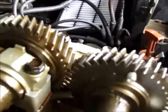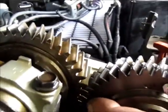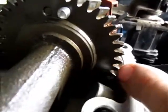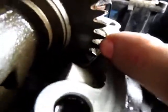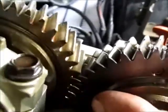Okay, another thing you've got to make sure of when you're installing these cams is that these dots are lined up with each other. Now you've got two sets of dots. You've got single dots, and then you've got the dual dots. This has two dots right here, as you can see. But the singles have got to be matched up. So on the left head,